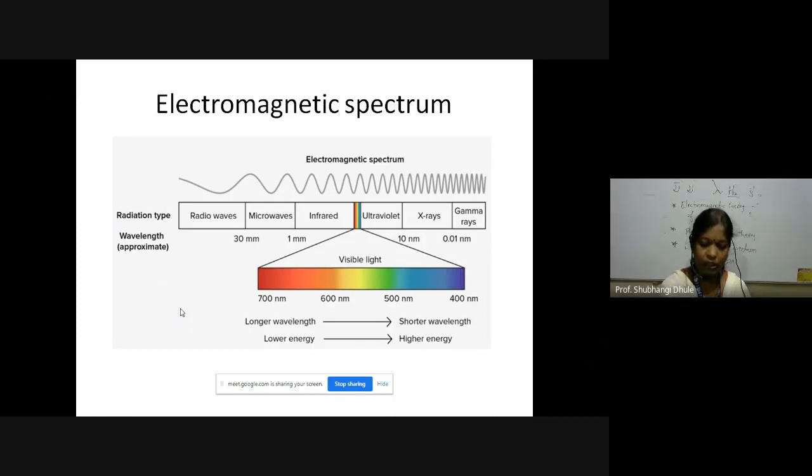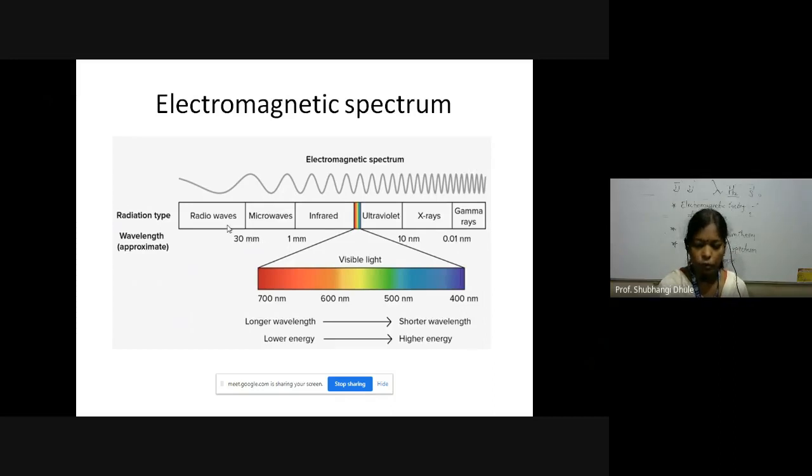If you arrange these radiations in terms of increasing energy, radio waves have low energy. Microwaves have somewhat more energy, then infrared radiation has more, then visible, then after visible ultraviolet, then x-rays with more energy, then gamma rays, which you know are very harmful. All these arranged in increasing order of their energy give a spectrum, and that spectrum is called the electromagnetic spectrum.